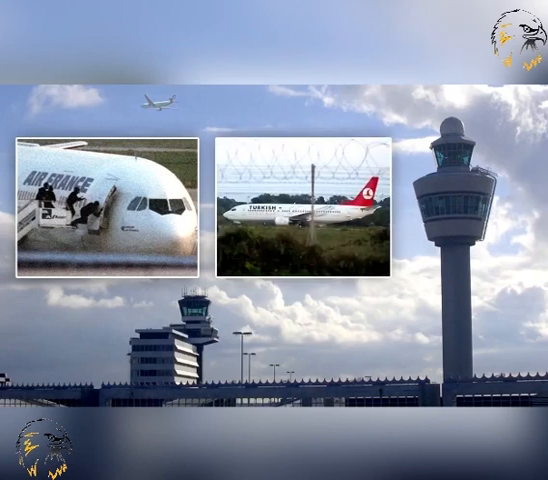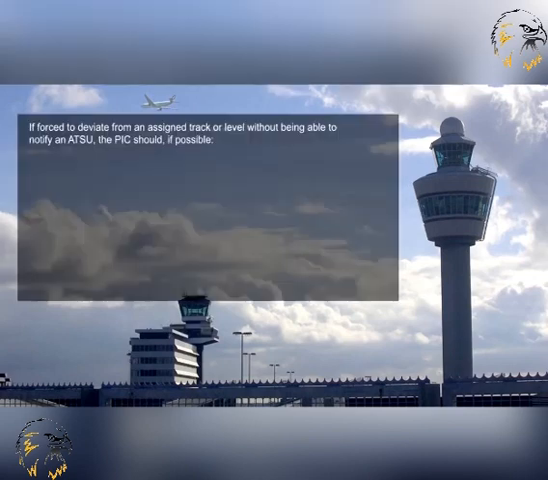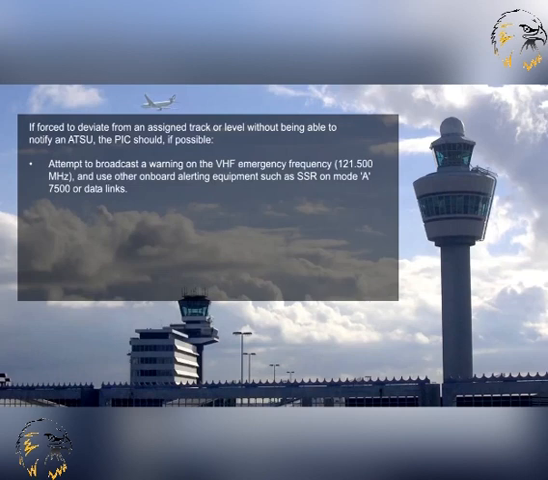Specifically, unless conditions dictate otherwise, the PIC is to attempt to continue to fly the assigned track at the assigned level, at least until able to notify an ATSU or until within radar coverage of a radar unit. If forced to deviate from an assigned track or level without being able to notify an ATSU, the PIC should, if possible, attempt to broadcast a warning on the VHF emergency frequency,